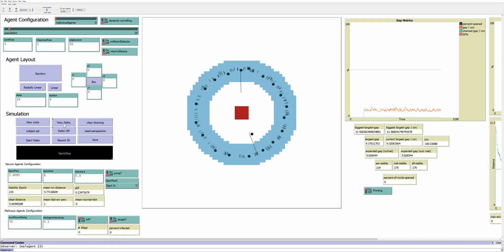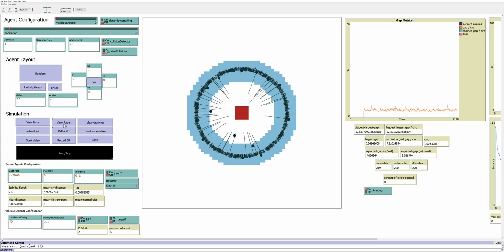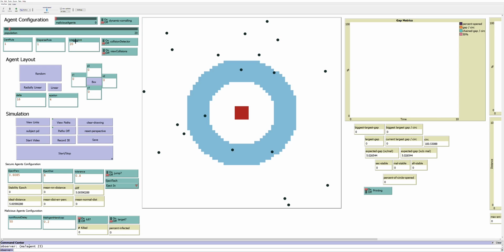Another way to view this is if I actually show you the path, so you can see that they are actually moving around. Now, one thing that is happening right now is these jumps to the center of their circle, and that is an evasive technique. So to understand that a little bit more fully, what we'll do is clear our screen here and add some